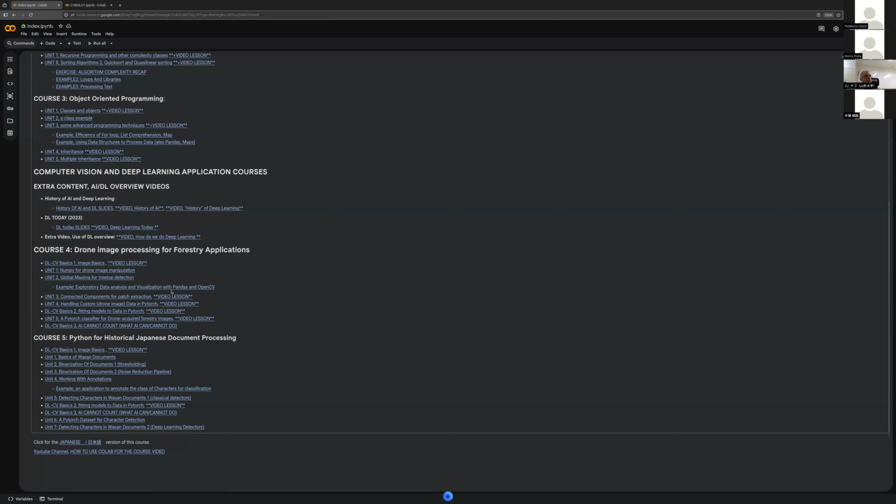And you can just generally check this, but some of the units, especially 4 and 5, and all of these, the deep learning and computer vision basics notebooks here are more suited for the last unit of the course. Today, we will be seeing image basics and perhaps a little bit of WAS and document basics, because in parallel to this course about processing drone images, we also have this other course about processing scanned images from these WAS